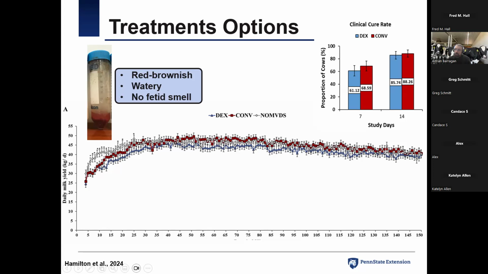But then about 20 or 25 days after calving, or basically 15 days after disease diagnosis, the milk production of those animals leveled up to the normal animals with both treatments, intrauterine dextrose or the systemic antibiotic treatment, okay? So for vaginal discharge score 4, either of these treatment options was effective at curing the animals and at improving the milk yield, okay?